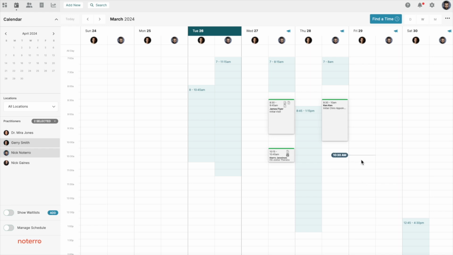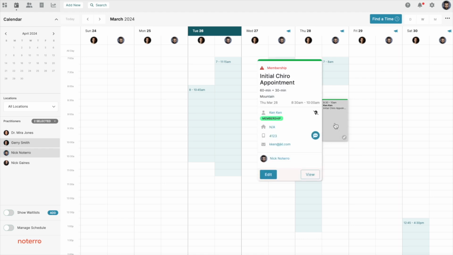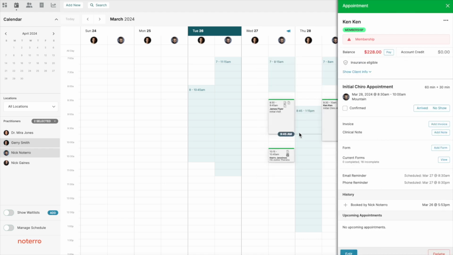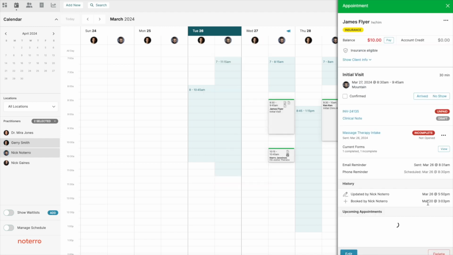So we're going to go into the notes first, and then I'm going to step you through the profile after looking at a note. If I'm clicking on Ken again, actually I'll go to James, because I did create that clinical note for him. So we have the invoice, and we'll come back to James. We'll take a look at it from a billing perspective and the different ways that you can create an invoice. The simplest way is to create it